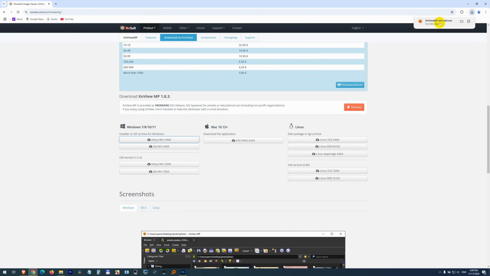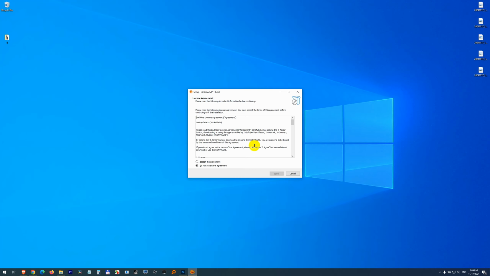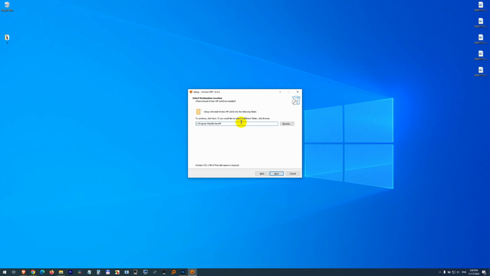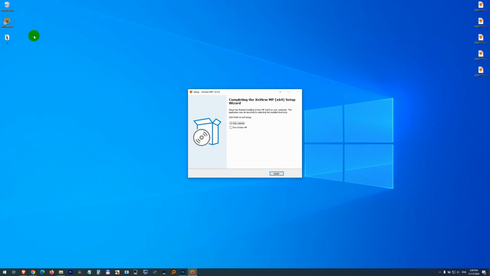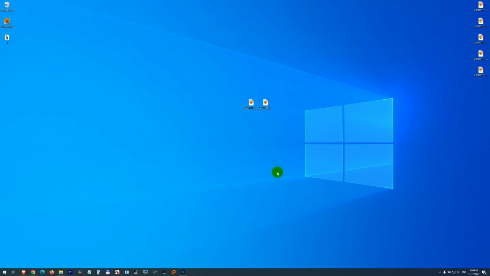Click on the downloaded program, minimize the browser, OK, accept the agreement, next, place it wherever you want, or if you want, leave it unchanged. Click next, yes, install it, next, next, next, install. An icon was created, uncheck this visit website, finish, and it has a different icon, and now if I double